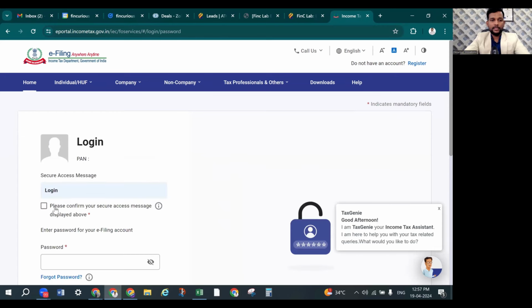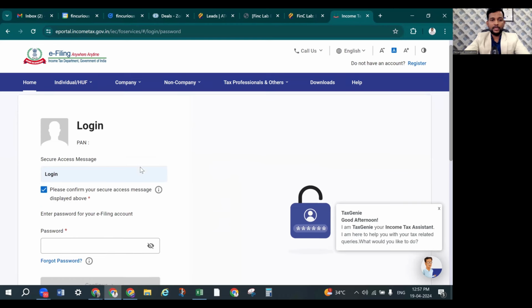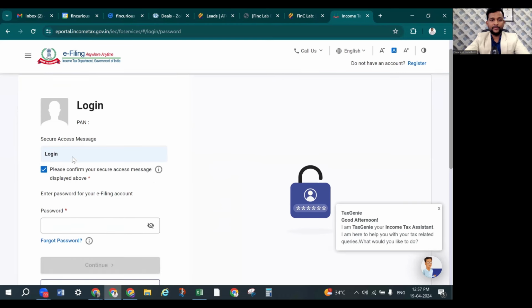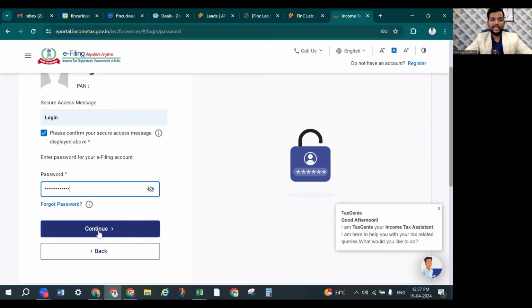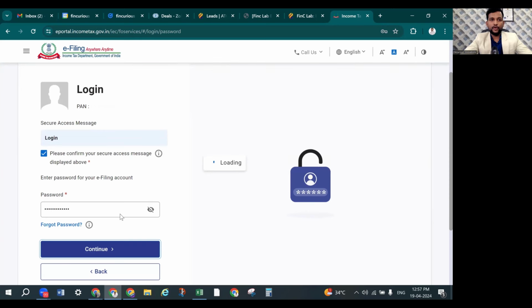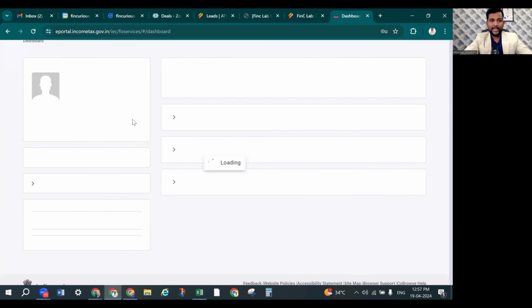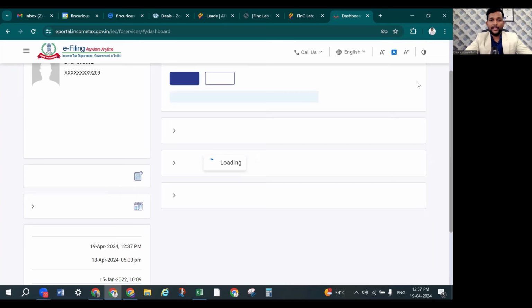So click on that. Click on this particular confirm your secure access message, whatever is displayed here. And then you have to enter the password and click on continue. So this is how you should log into the income tax portal. Then once you log into the portal,